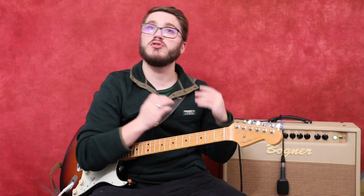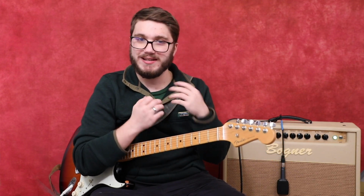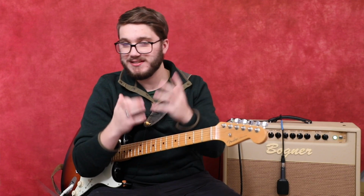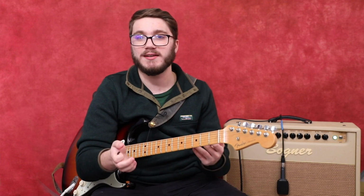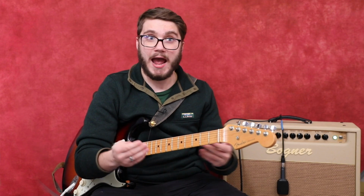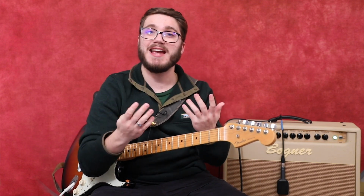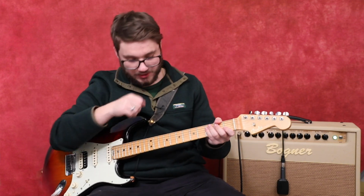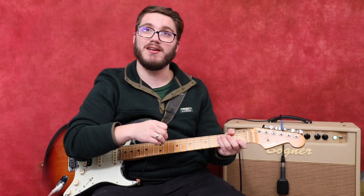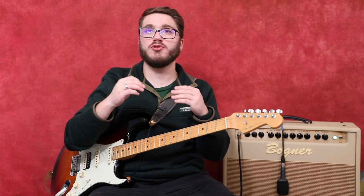Again, it's the same notes, but the order that you play these notes creates the different sounds that you want to go for. Again, it's like saying a sentence in two different ways. It's like, hey, look, a dog, or hey, look, a dog. It's two different things. Same words, same notes, but how you say it and the phrasing behind it is what determines the emotion, right? So we're going to go back to the same backing track here, and I'm going to play a little bit in this minor Aeolian scale,